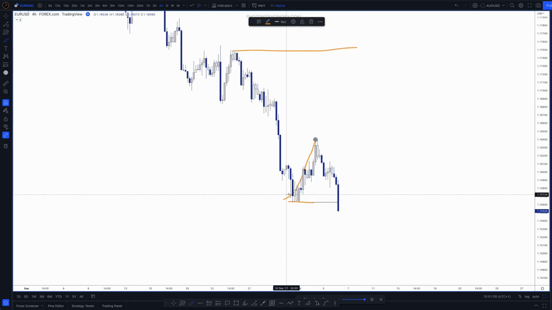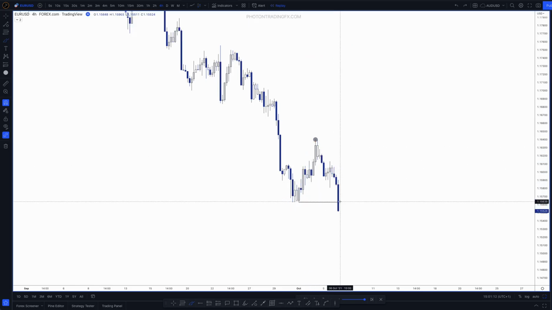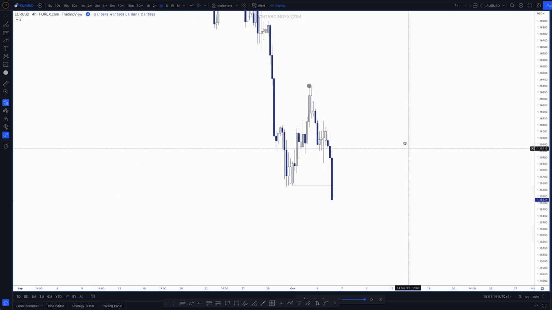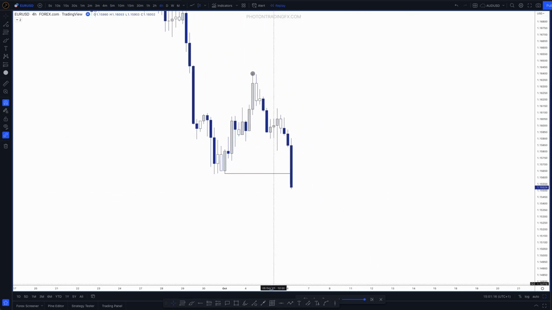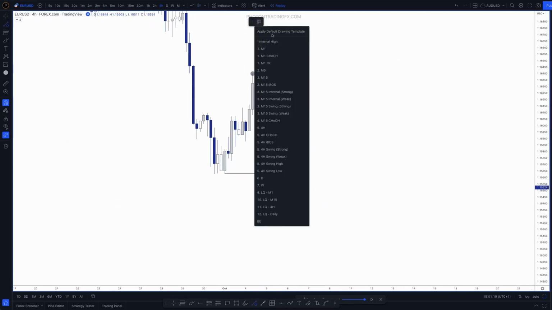This is our new swing low. Price pulls back, obviously it doesn't break the high, and then we come down and we break and close below. So we have a confirmed 4-hour swing break of structure here. I'm just going to zoom in a little bit. So straight away, we know that this is our 4-hour